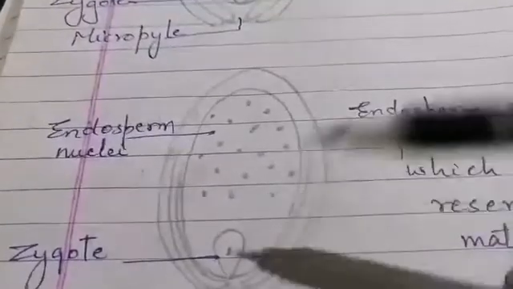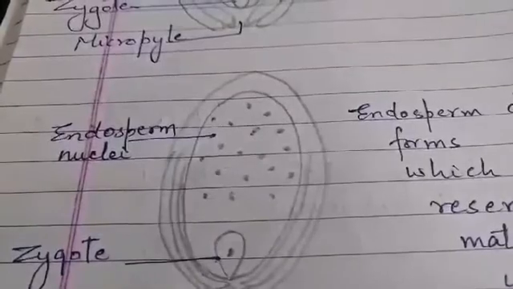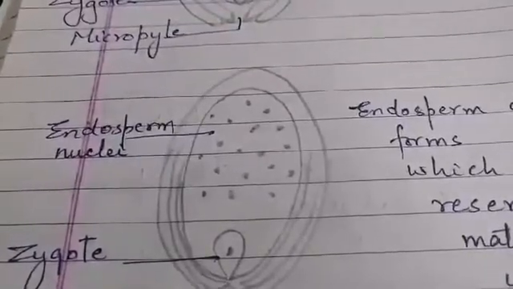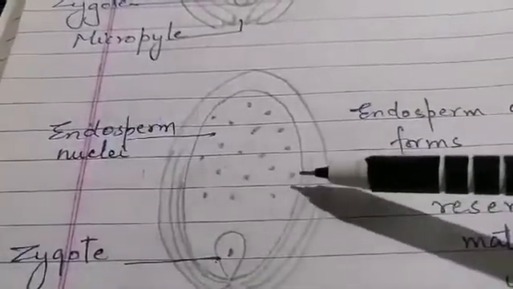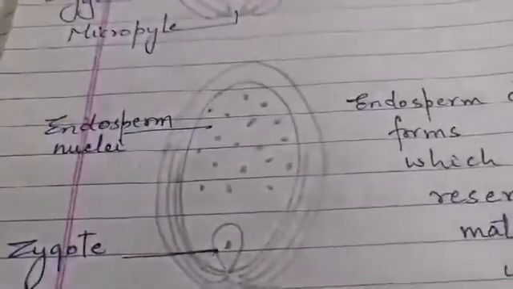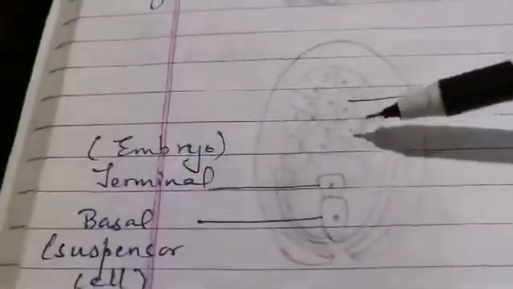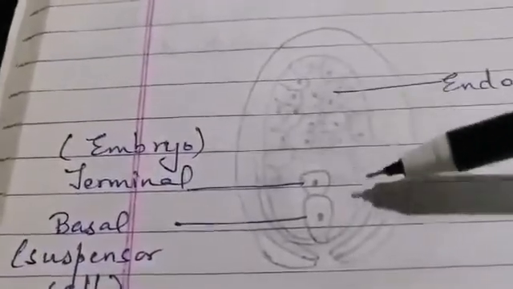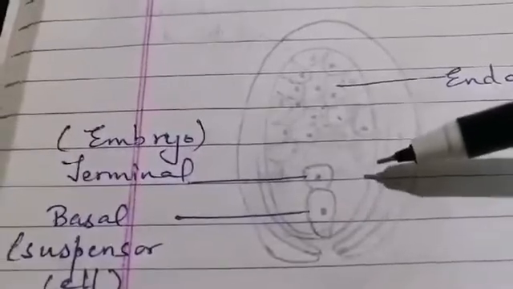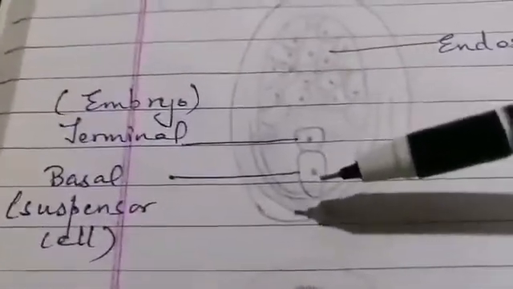Okay, and like you have seen in coconut, isn't it? The watery component inside it is what? Is the endosperm, and it mostly consists of your what? This nuclear endosperm. Okay, cell wall hasn't formed yet. And after that, what happens? You can see here, this endosperm, it takes the form of the cell. Okay, fine.